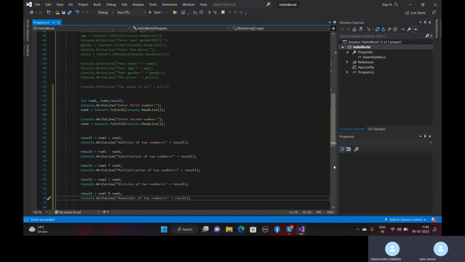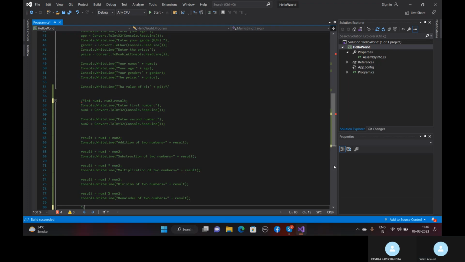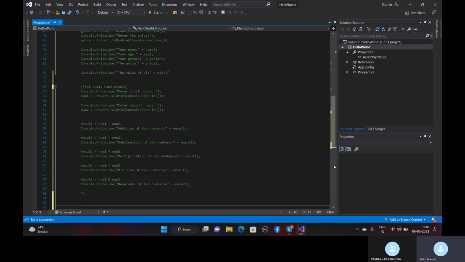So we can go for relational operators as well. Let me check with the relational operator. I'll just go and comment this. I don't want this anymore. So I'll just use a multi-line comment. Now, for relational operators, I am targeting